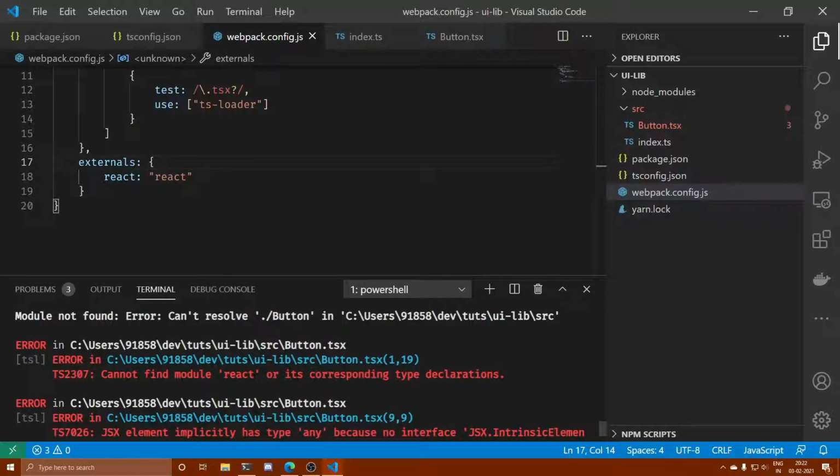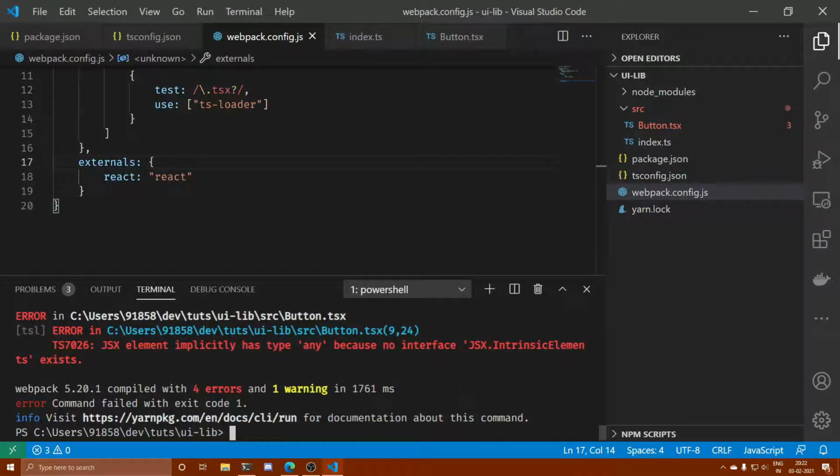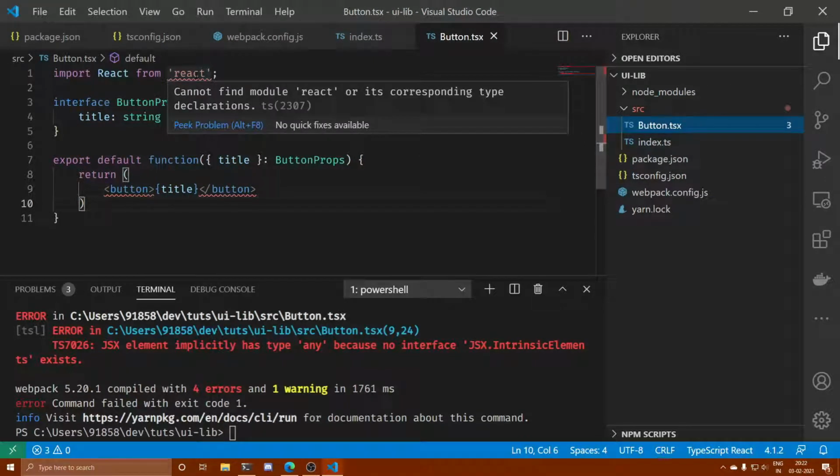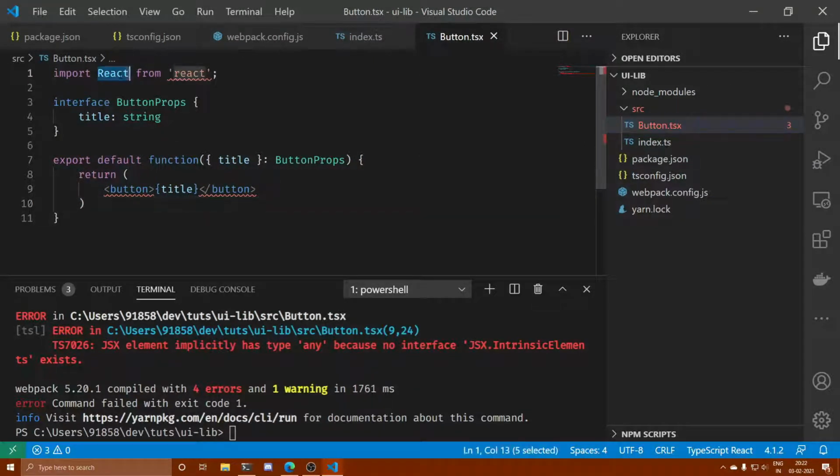Cannot find module React, or its type declaration. Okay, so we have to introduce the type declaration now. So what are type declarations? TypeScript basically needs to know the types of any library you are using in your project. So here it does not really know whether React exports React or not, so we have to install the type declaration.